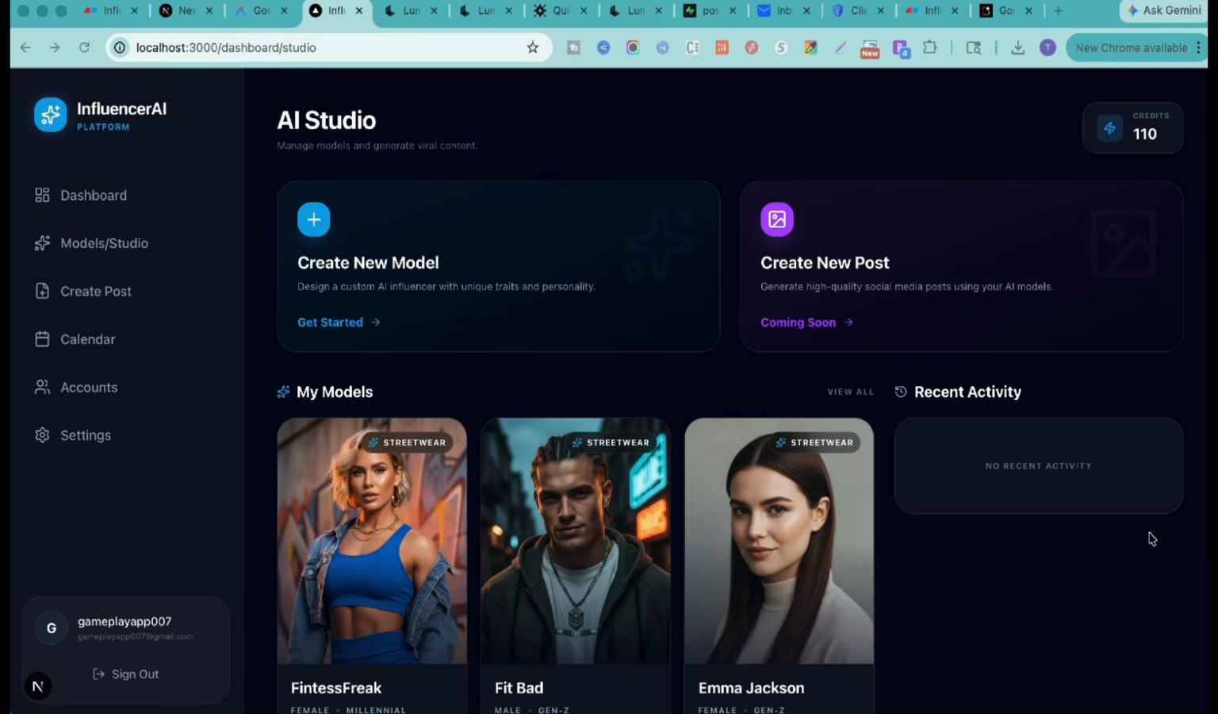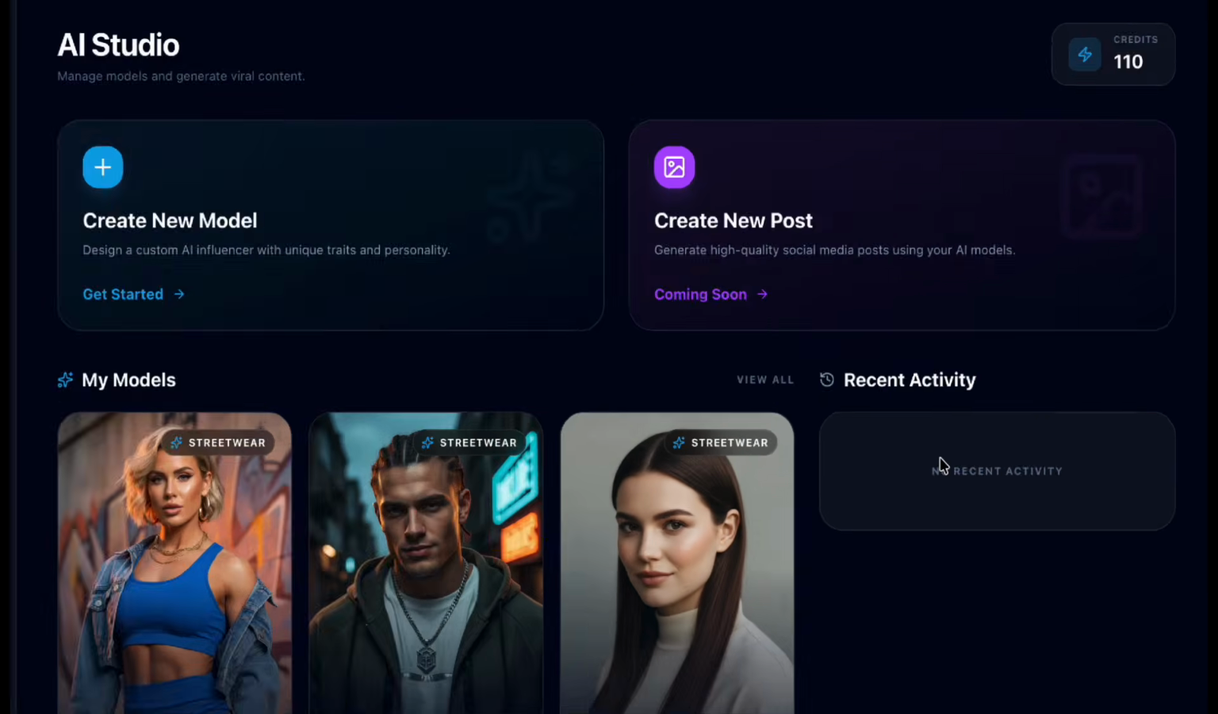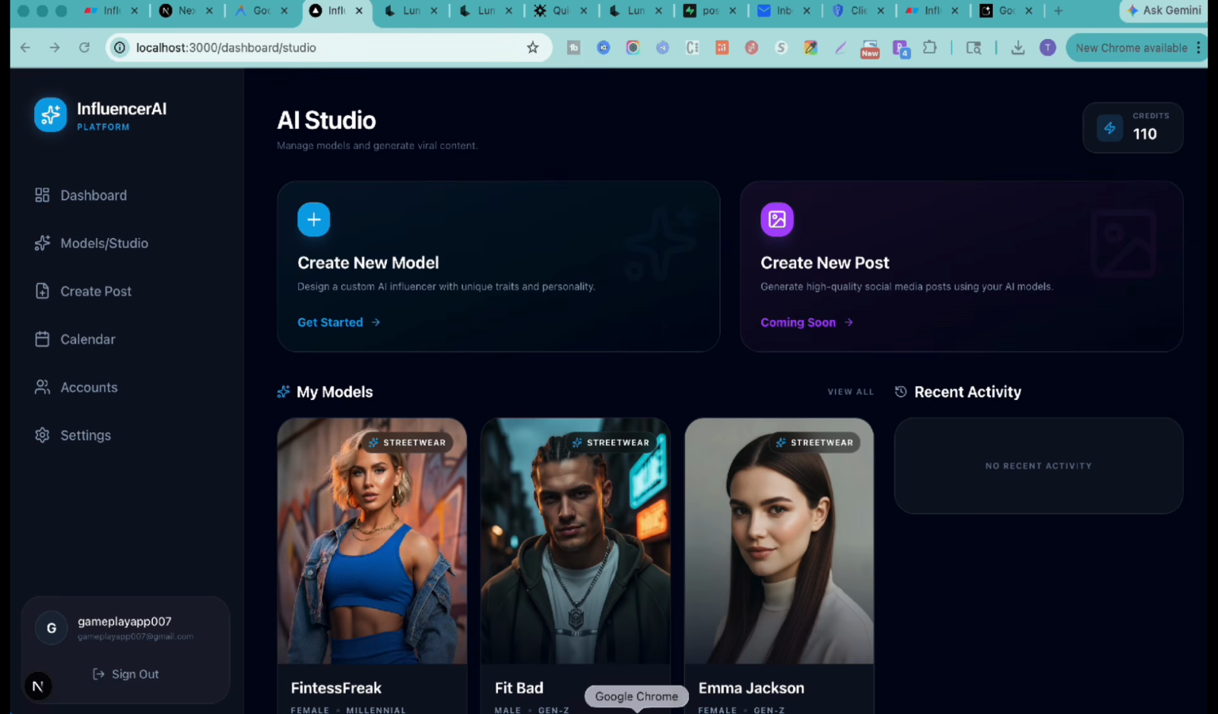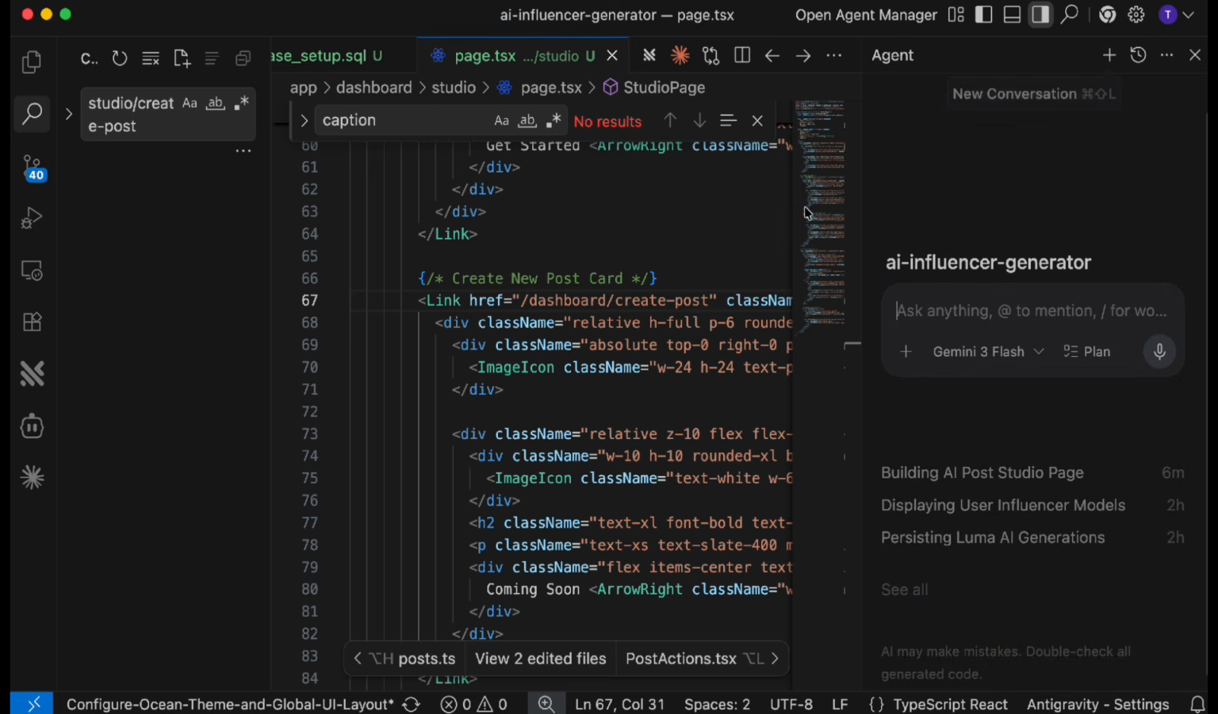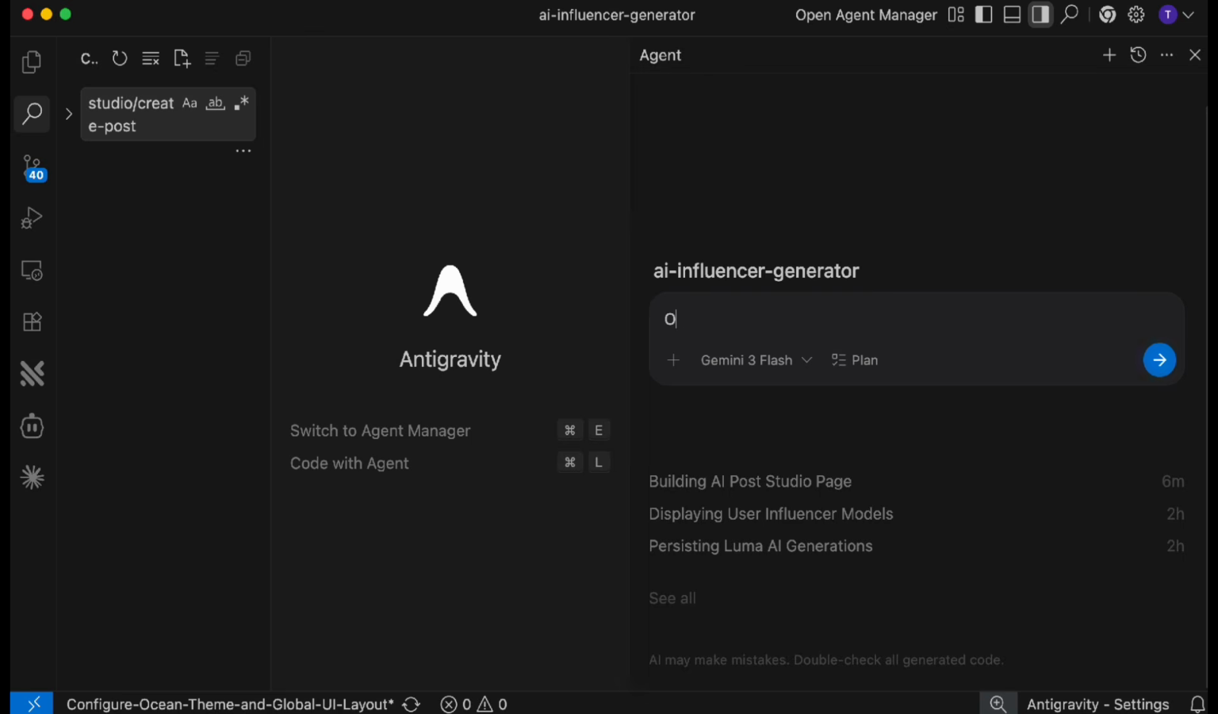Now on this studio page, once you create a new post or schedule that post, we have to show it under this recent activity. So this is a quick chapter to show the recent activity under the studio. We'll go to Anti-Gravity, add a new conversation, and inside that we'll simply say: on studio page under recent activity, show all scheduled or draft created post